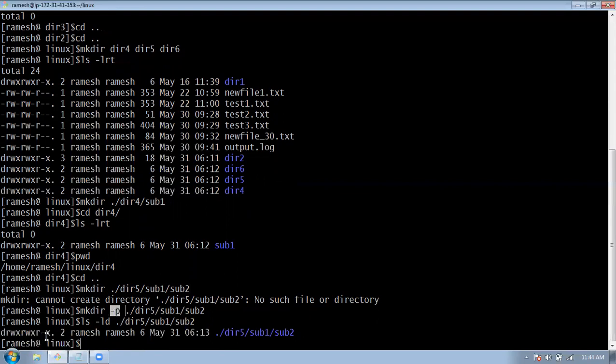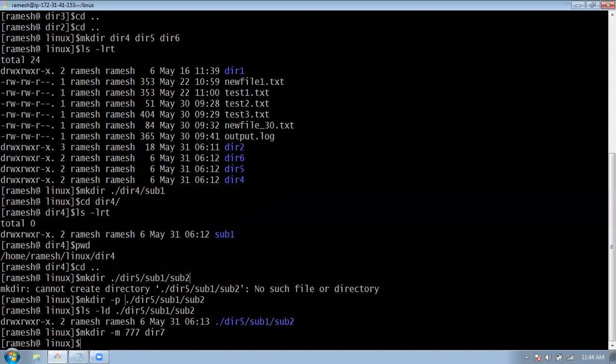Also, you can see the permissions here for these files. You can create a directory with permissions. Suppose I'm giving full permissions and creating directory 7. Now directory 7 has been created with full permission.